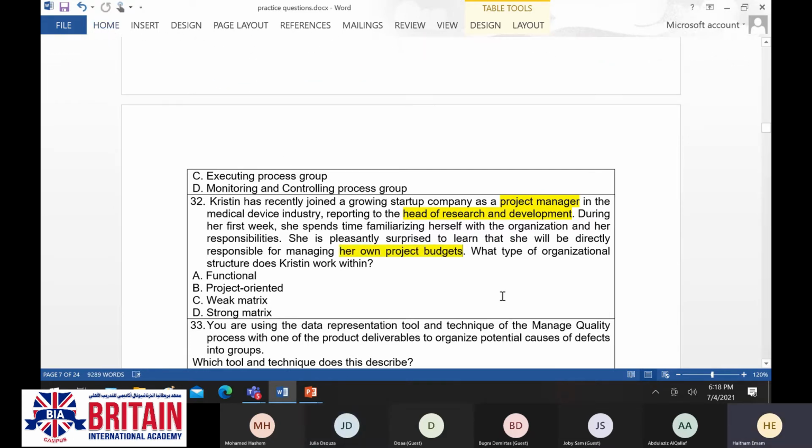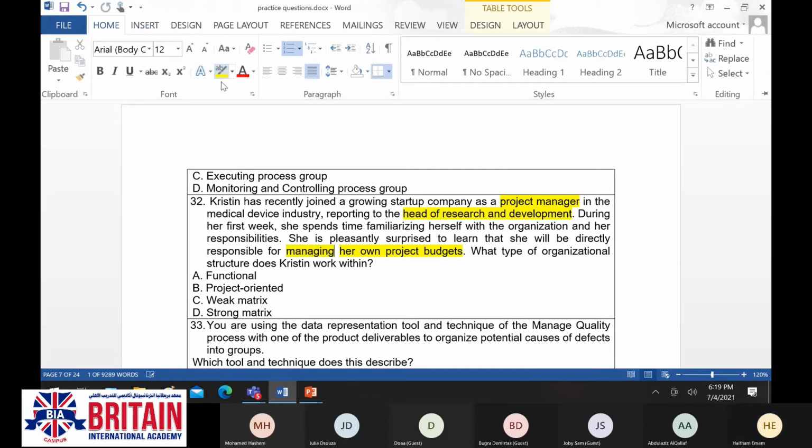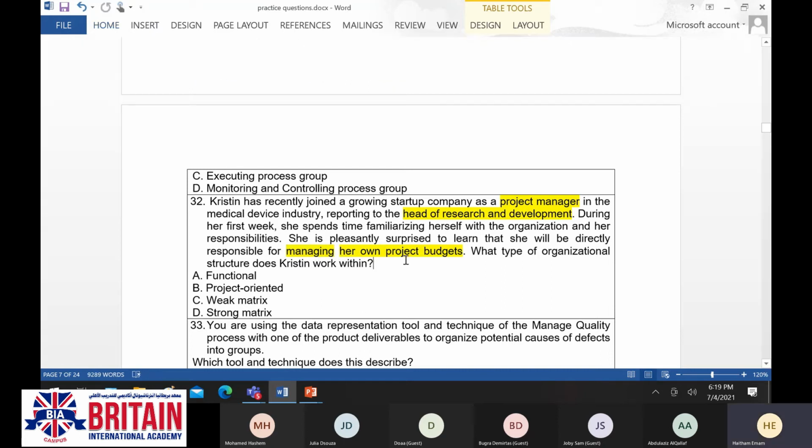Now, when you are going to report to a certain functional manager, which is the head of research and development, that means either you are working in a functional organization or in a matrix organization. Here, the keyword is that she's going to manage her own project budget, which means that she has authority over the project budget.